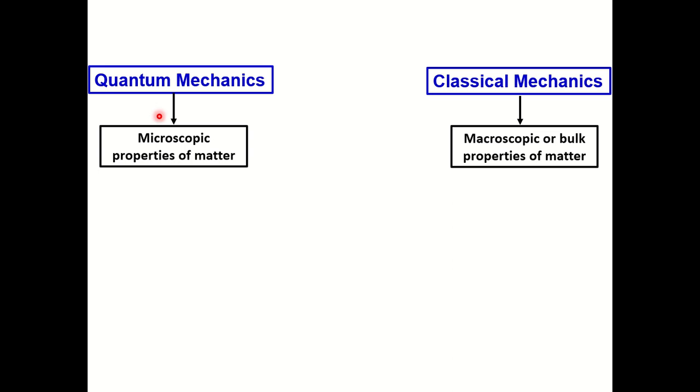So we have already studied the models of quantum mechanics that deal with the rotational motion of a molecule, the vibrational motion of a molecule, and the model of an electron. These are the microscopic properties of matter. But somehow, these individual motions of atoms or molecules can be correlated to